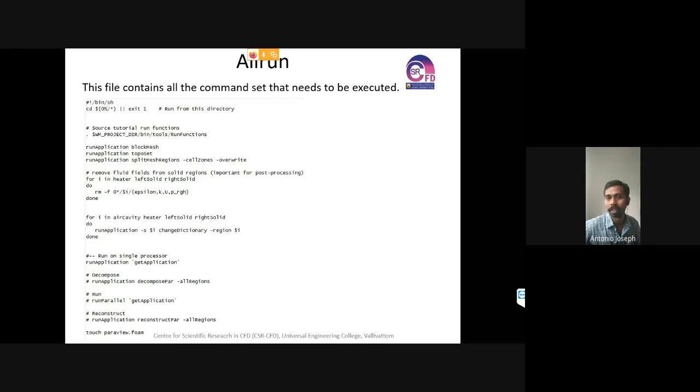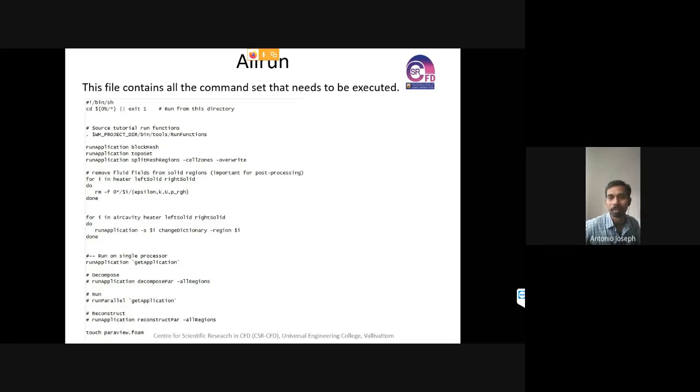what we can do is just change the directory to our case file and type the command ./Allrun. That's it. It will start running from the beginning. It will be creating blockMesh, creating our domains, then starting solving, and finally we will be getting the result. And we can view all those result files using ParaView. That's it, we can just sit idle. But I won't recommend doing that.